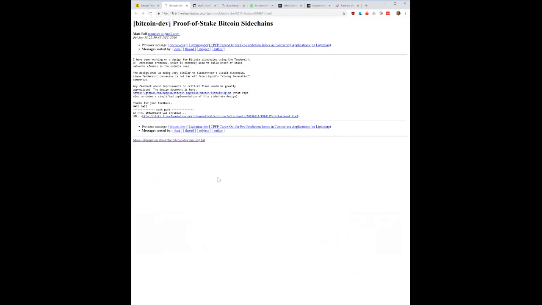All right, let's take a look at this one. This is proof of stake Bitcoin sidechain. So I've crapped on proof of stake quite a bit, and it really doesn't make sense oftentimes because it is just sort of signing something, and